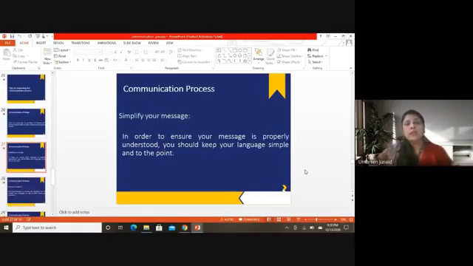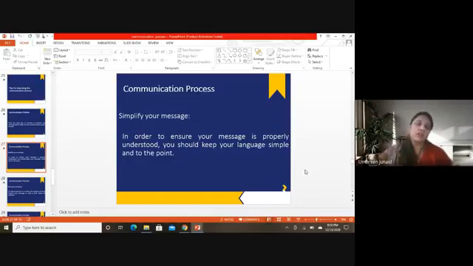The first tip that is very important is to simplify your message. What do we mean by simplify? If you have to say something, there are 100 ways of saying it. But is it important to complicate your words? Although you sometimes have to use technical words, use that technical language with those people who can understand it. If they are unable to decode what you're saying, that means you are using the wrong terminology and the wrong words.